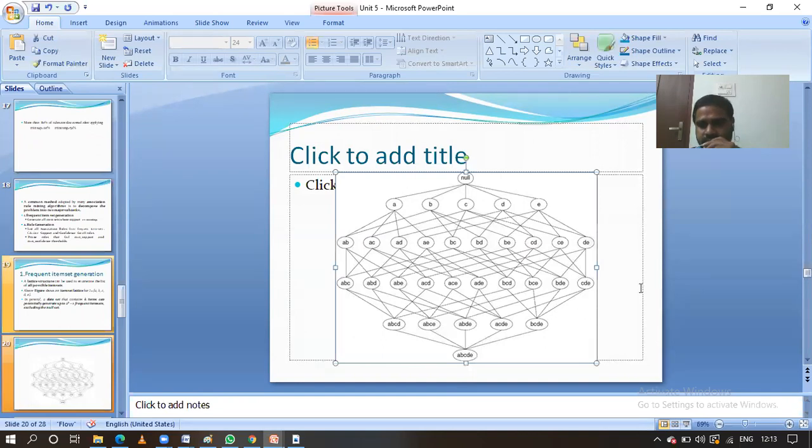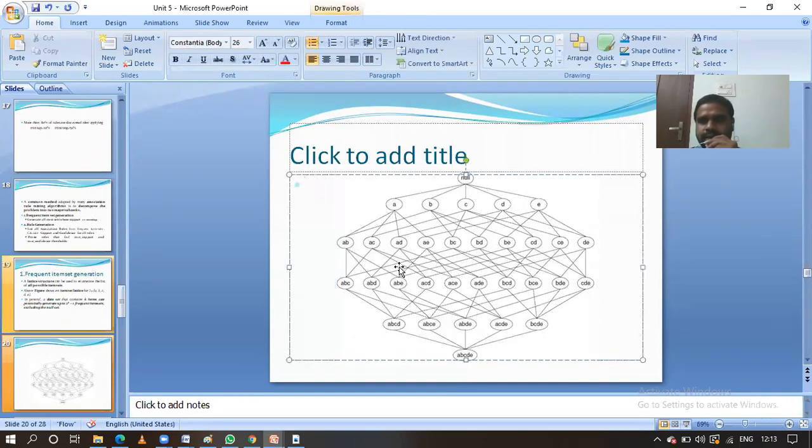That is the representation. Here all the possibilities of item sets we have represented in this lattice. Suppose d number of items are there, then 2 power d minus 1 item sets, different possibilities, we can get, guys.